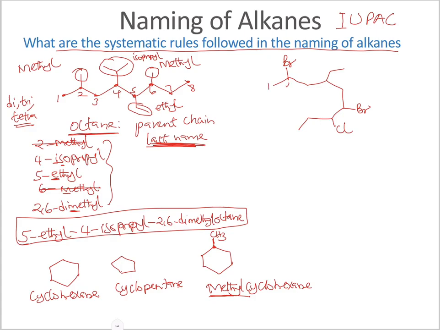So 1, 2, 3, 4, 5, 6, 7, 8, 9. That is nonane. And then we have at position 2 and 6, we have 2,6-dibromo. And then at position 4, we have ethyl. Then at position 7, we have chloro. So the full name becomes